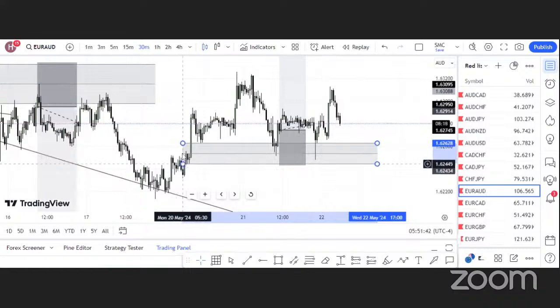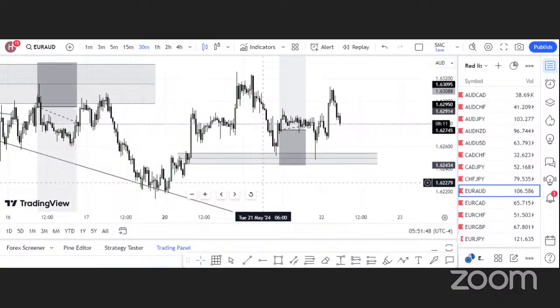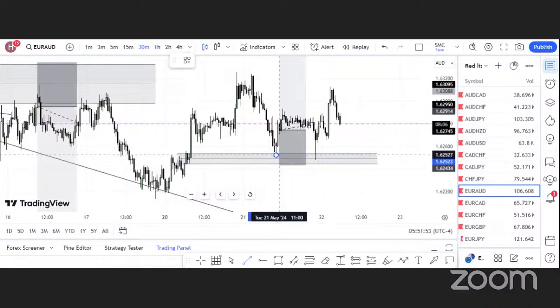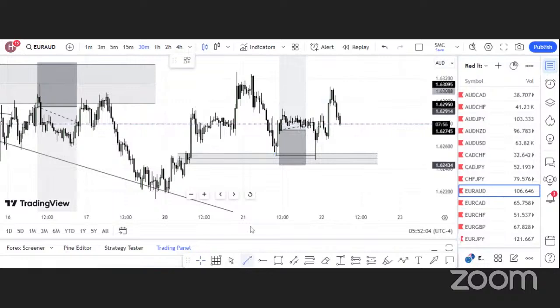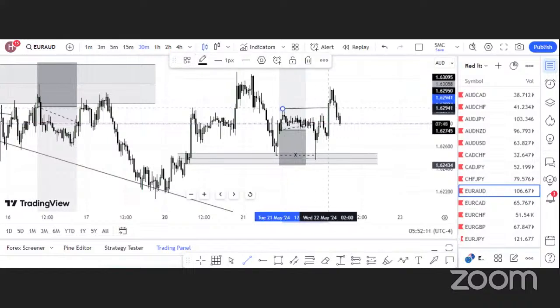So we have the market moving from this point, and then we have a liquidity grab right inside the box, and then the market went as far as breaking, changing character around here. So this is our change of character,